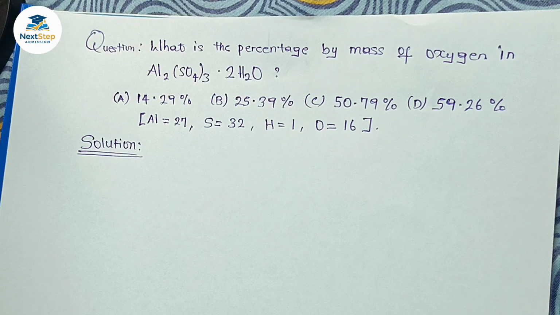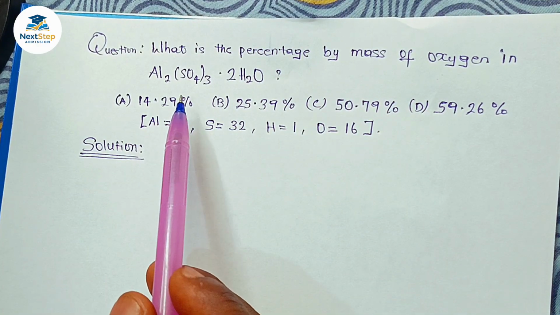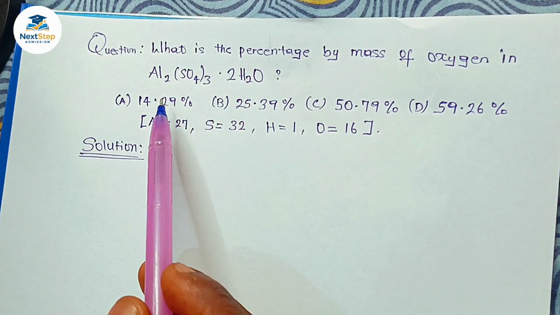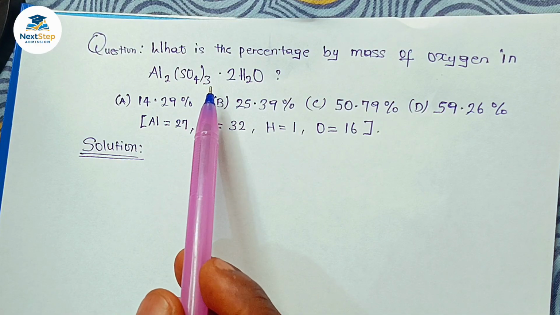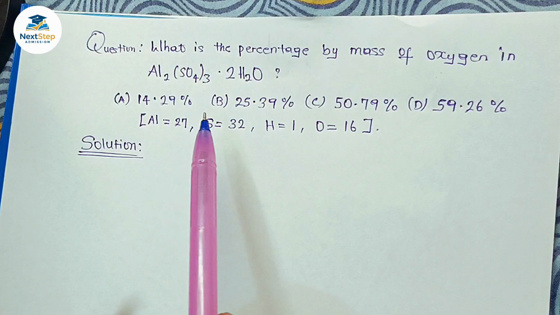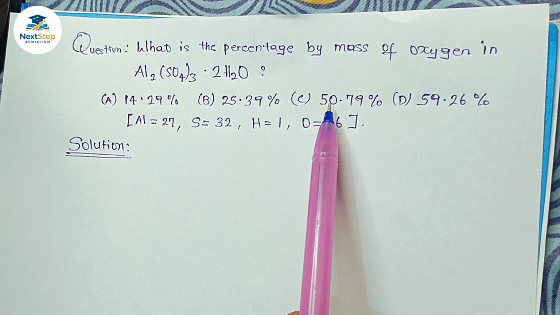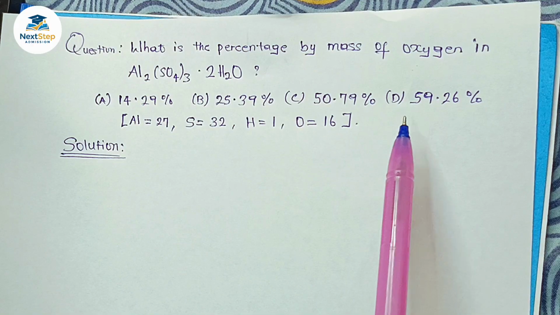Imagine you are given this type of question in your exam. How are you going to go about it? What is the percentage by mass of oxygen in aluminium sulphate dihydrate, Al2(SO4)3.2H2O? Option A 14.29%, option B 25.39%, option C 50.79%, option D